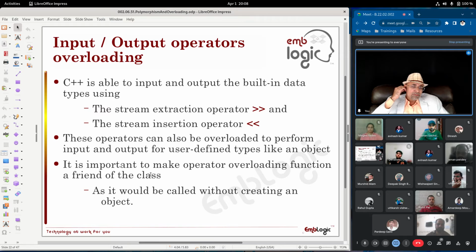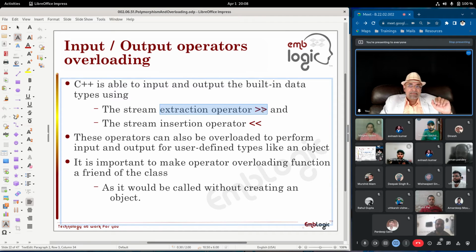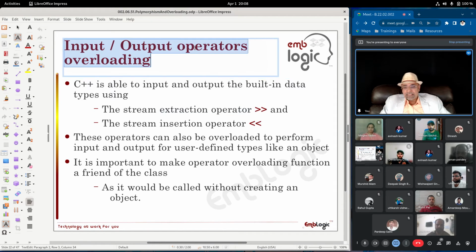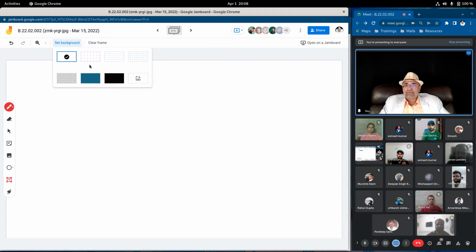Now, first of all, before we learn the operator overloading for these operators, we have to learn why we need operator overloading for these operators. Well, the reason is, suppose you are doing cin and you have to take some input. Then on the right hand side of this cin operator, that is the extraction operator, you usually put some variable, isn't it? Means you tell cin that the value will be put in this variable. So if on the right hand side, instead of variable I put an object, then what happens?